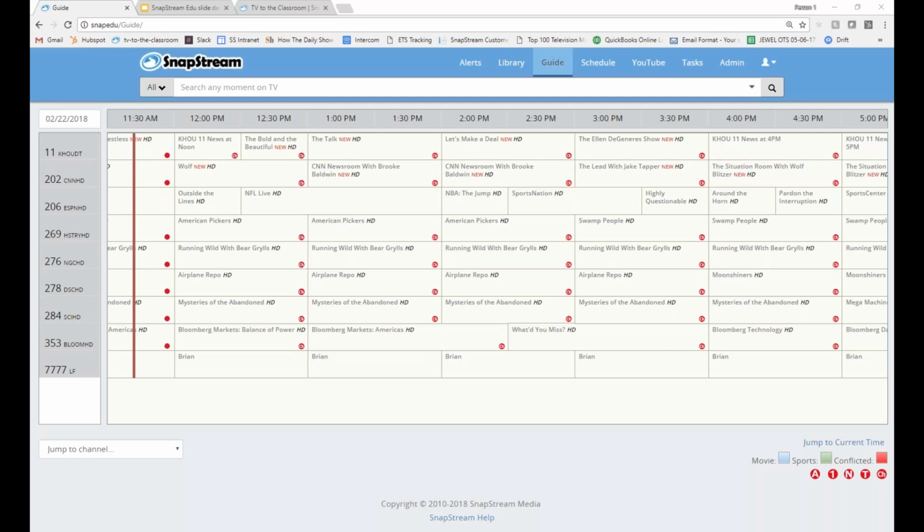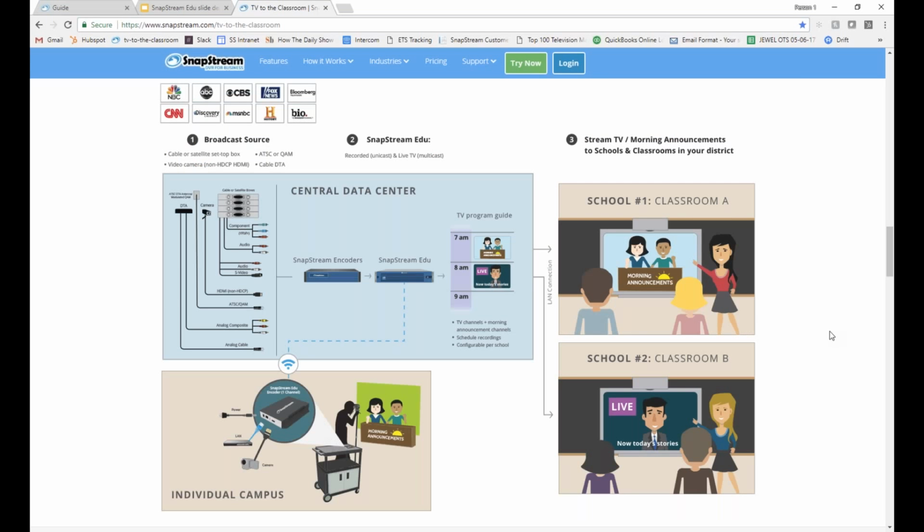There's a couple more questions here. One is about getting live announcements into SnapStream. And so let me go back to the visual that I had up earlier. The seamless way to get live content into SnapStream is with an encoder, some sort of encoder. As you see down there in that beige box labeled individual campus, you would take a camera feed into a single channel encoder.